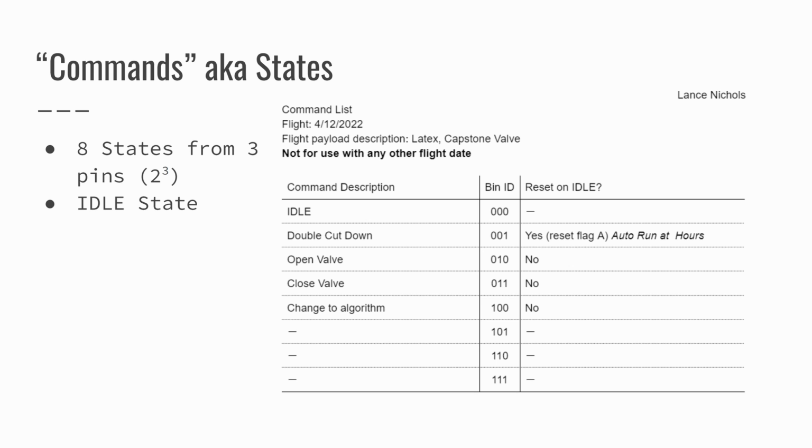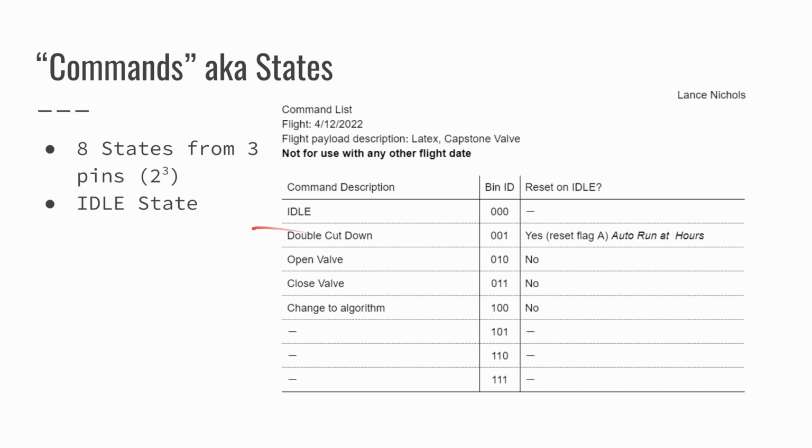So this is kind of what you would typically see on a command list that could be generated for a flight. This is something I would generate. You can see, okay, hey, we have the idle state. That's pretty typical with what we do. We can put it in this state and it's not telling it to do anything. It just sits there and is idle, basically. And then we have a flight termination one. We have a valve, open, close, change the algorithm. You're telling it to do something, but you have to keep in mind, it's a state system.